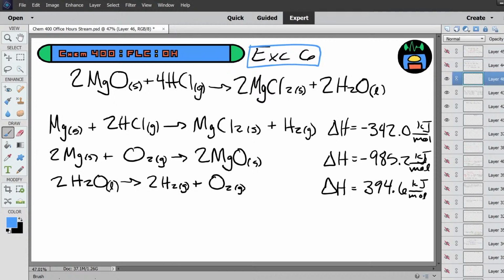One thing you'll notice is, so we have magnesium oxide, HCl, magnesium chloride, and H2O. Those are all the things in our goal reaction. We want to find those in the reactions given and then manipulate them into showing up at the correct places